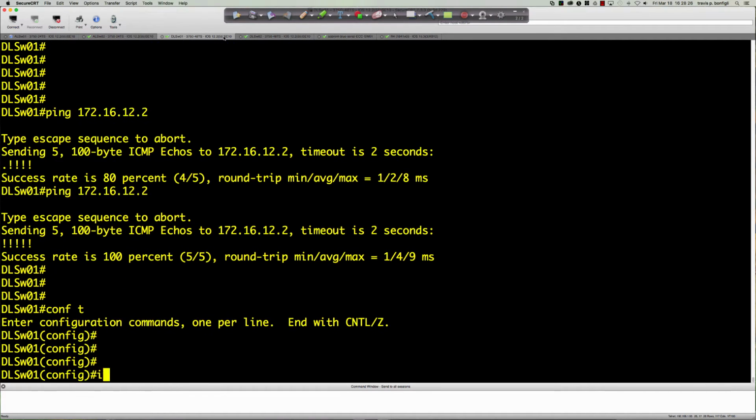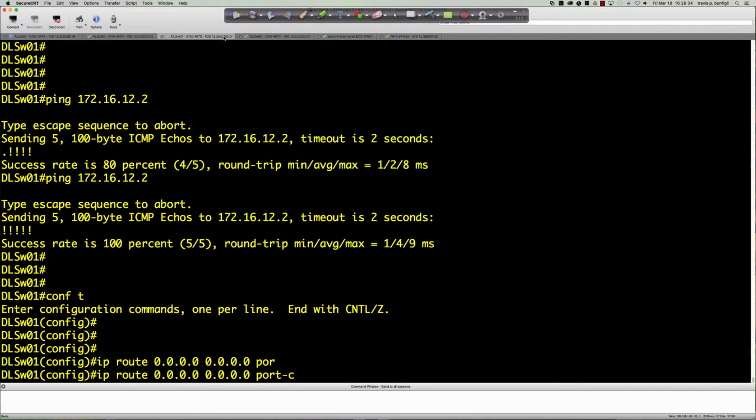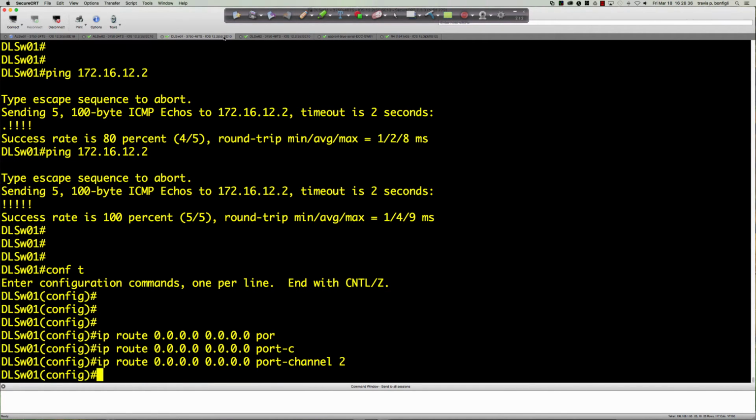Let's go from privilege exec to global config. We're going to say IP route quad zeros here. And they want us to put in here port channel 2. And it doesn't look like we're going to catch that message. Now, sometimes what you'll see, it'll say default route without gateway, if not a point-to-point interface may impact performance, right? So what we want to do is we want to fully qualify the next hop. So not just giving it the outgoing interface, but we're also going to give it the next hop IP